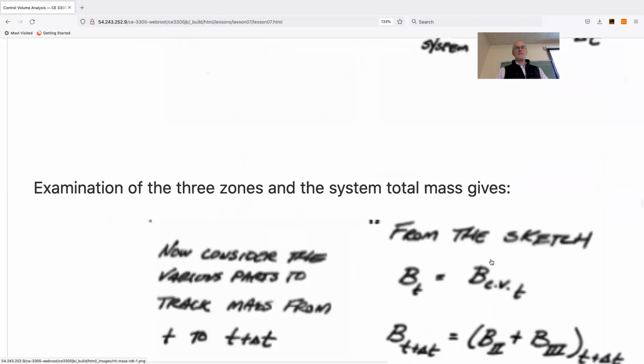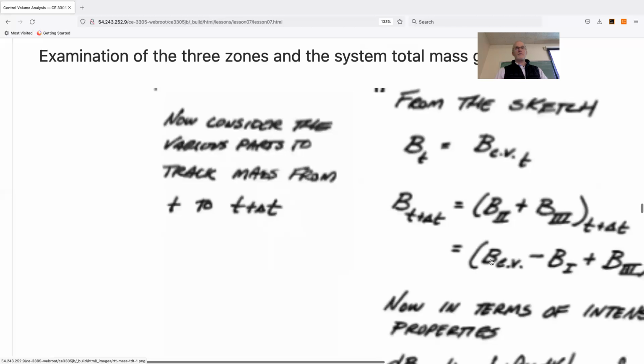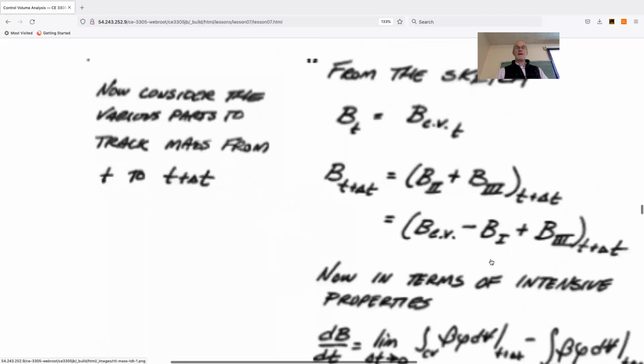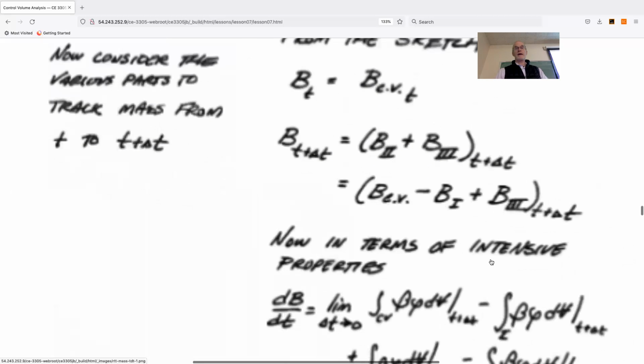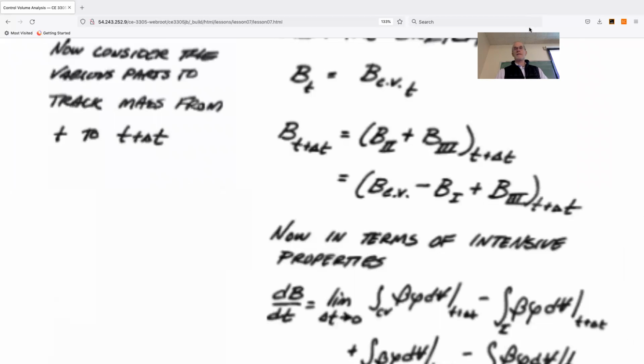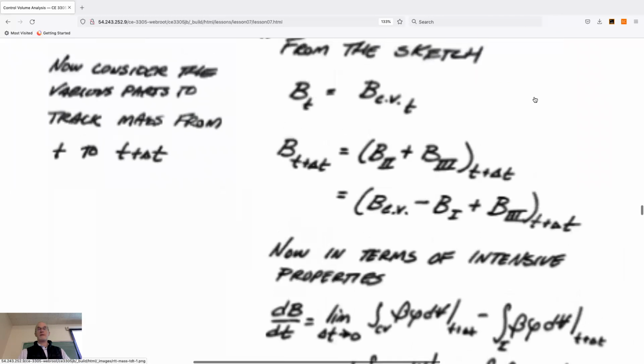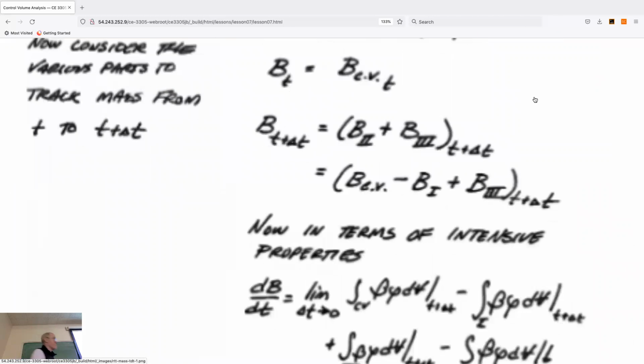But if we examine the 3 zones and the system total mass, we can rename things kind of willy-nilly if we want. And let me get my handsome face over in the lower left-hand corner. That's a good place for handsome faces. B at time t is equal to the amount of B in the control volume at time t because everything coincides. So in this case B is mass, at time t plus delta t,